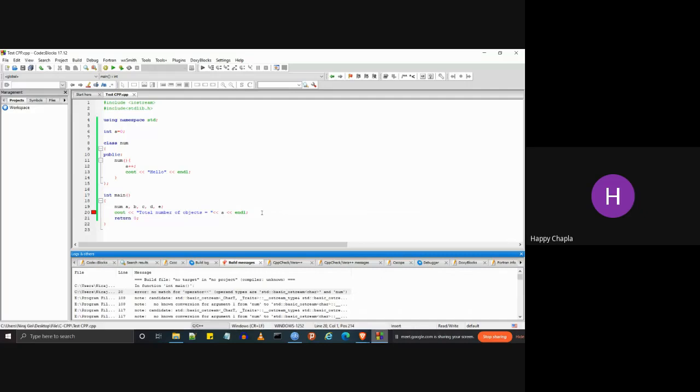The error: no match for operator. If you are printing something on the screen, what it is trying to say is no match for operator, operand types are basic operator and character and number. Okay, run one more time.